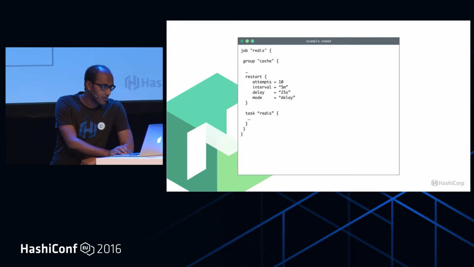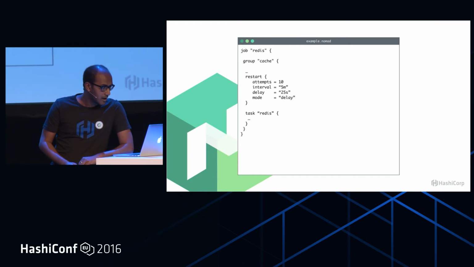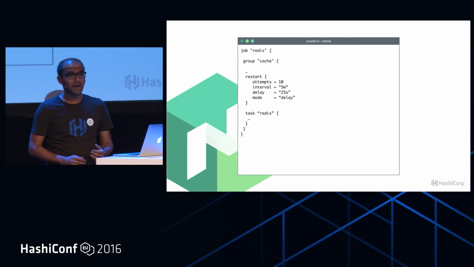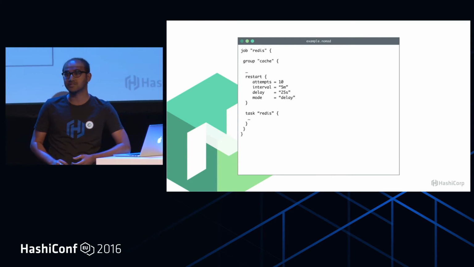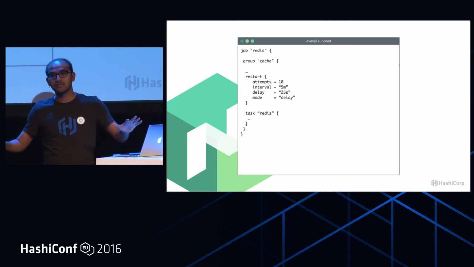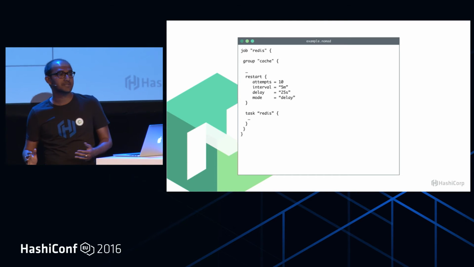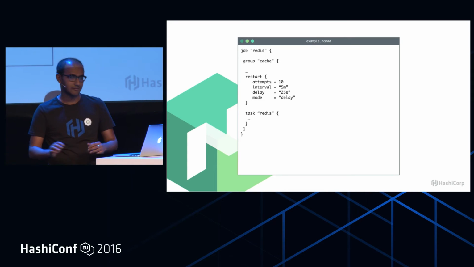And we have something called a restart policy. When something fails, we use the restart policy to make sure things get back online. We restart things, and we have settings like delay and interval. Whenever we are restarting, Nomad introduces a jitter, which prevents thundering herds. If you run distributed systems using things like Zookeeper, when services restart at the same time, because of the jitter introduced by Nomad, they are not going to hit Zookeeper or your databases at the same time. So there is enough time for your overall infrastructure to heal.